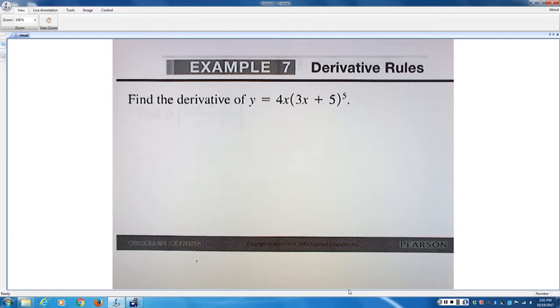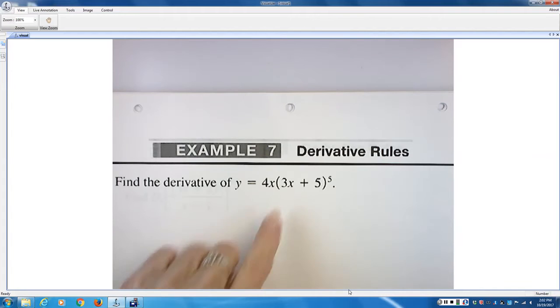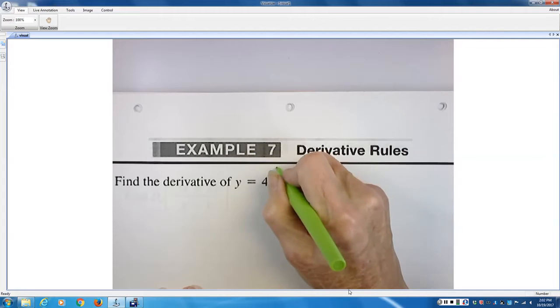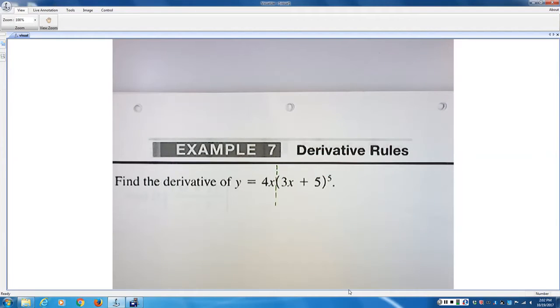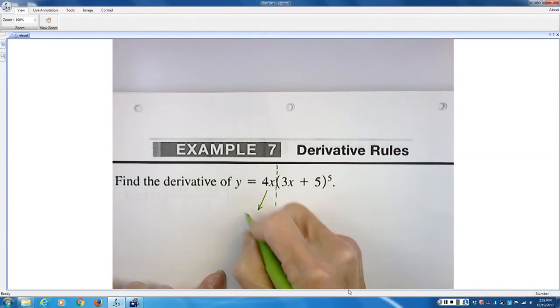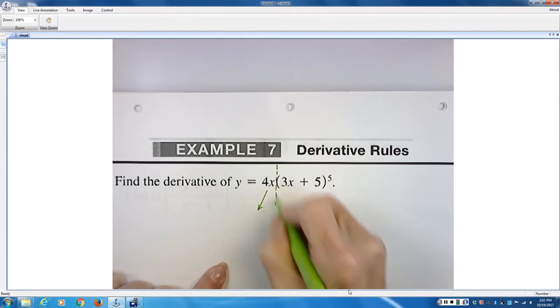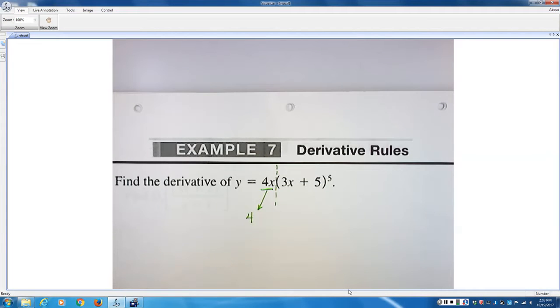So just to give a reminder, when we have chain rule, and maybe we want to start out with the chain rule part of this. When we have chain rule, we have to look first at the whole function, and what we see in this whole function is that we also have a product. So this is factor 1, and the derivative of 4x is just 4. And then we need the derivative of the second factor,